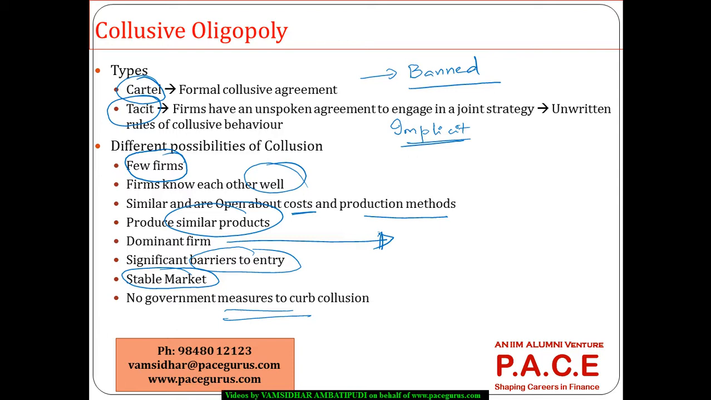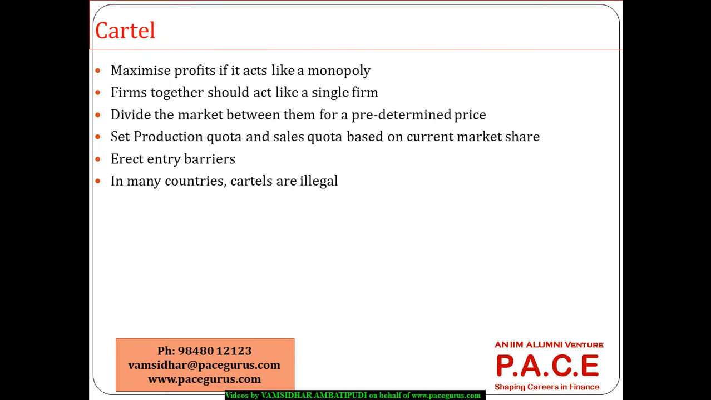So what we see is the collusion is very much possible if all these things are present in the economy, and especially the role of the government. If the government does not have any kind of practices in place which can curb the collusion, the firms can very well collude with each other. So from that dimension, if I am trying to look at